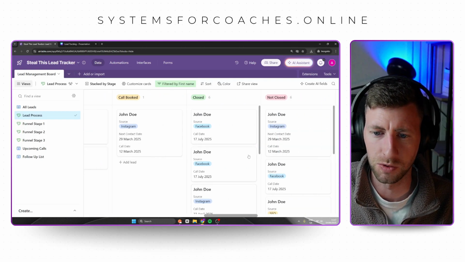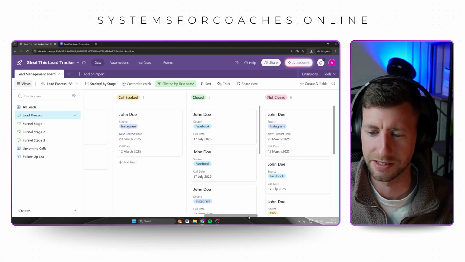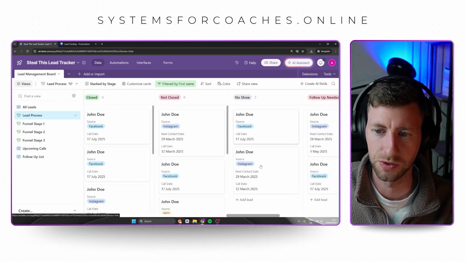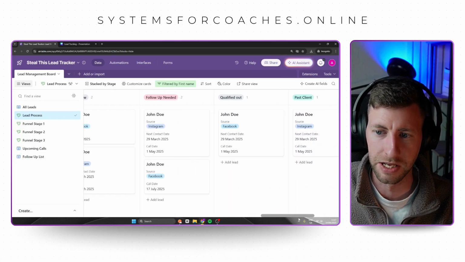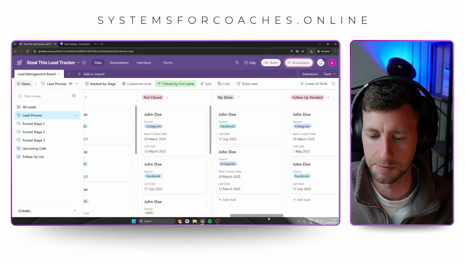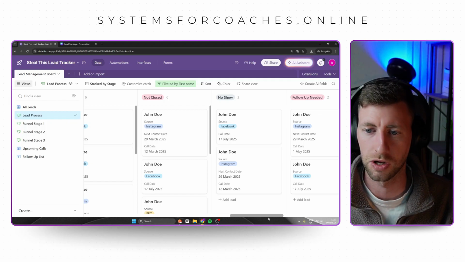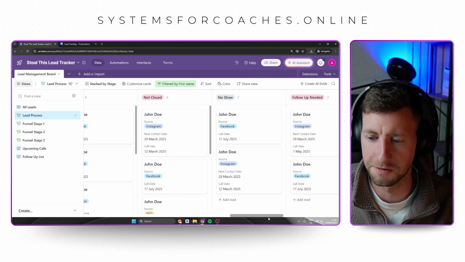And then the people who closed, we have a list of them here. How much did they close for? All that kind of stuff. Then we have the not closed, the no shows, the follow-up needed, qualified out, the past clients, and call canceled. So we can set some of that up to be automatic, where once an event happens, like they book a call or they cancel a call on Calendly, or some of it's going to be manual,